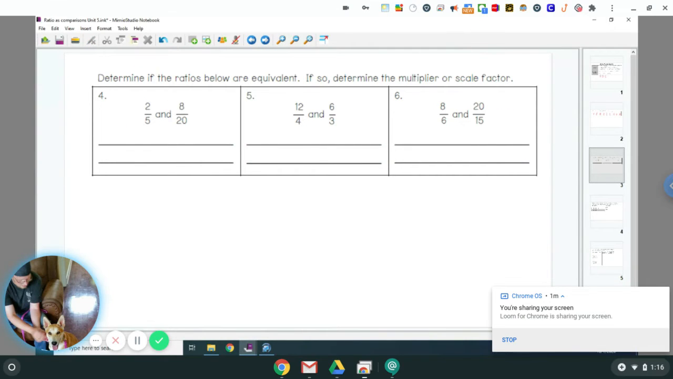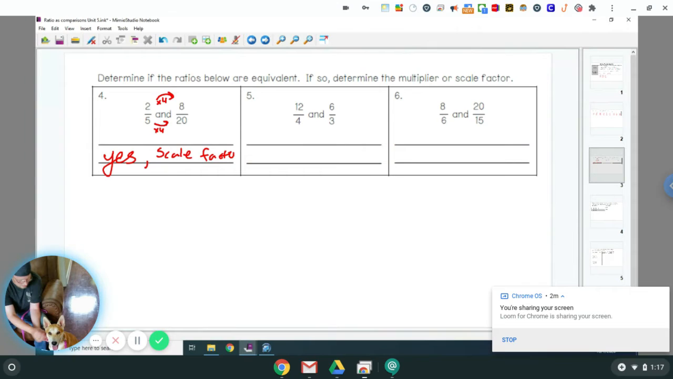So now what we need to do is determine if these ratios are equivalent. If so, determine the multiplier or scale factor. So we've got to figure out what I multiply 2 by to get to 8. Well, you multiply by 4. And so what you do to the top, you have to do to the bottom. So 5 times 4 is 20. So you say yes, with a scale factor